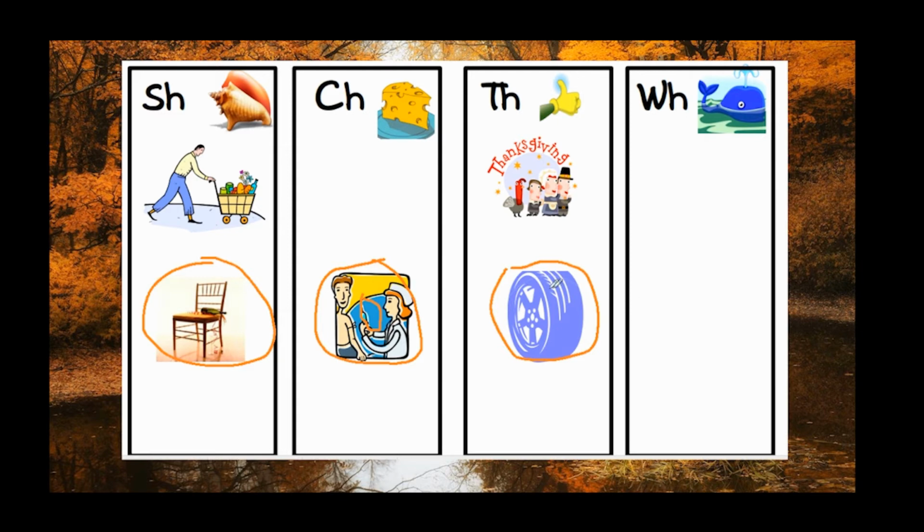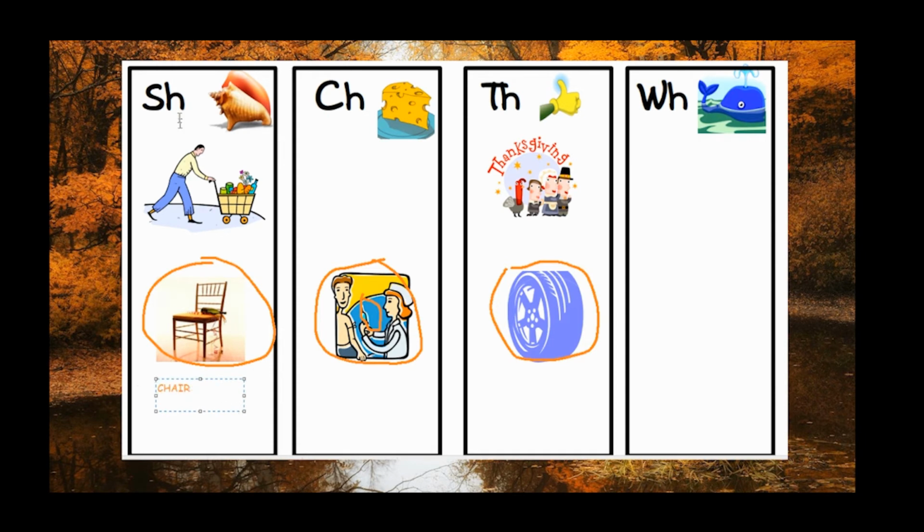And if you look at the screen, I placed the wheel in the th category, the shot in the ch category, and then the chair in the sh category. Now, just review those words out loud, say them to yourself, write them down as best as you can. Do you think I put them in the correct category? Well, let's think about this for a moment. So, let's look at the first picture I put down. We have ch,